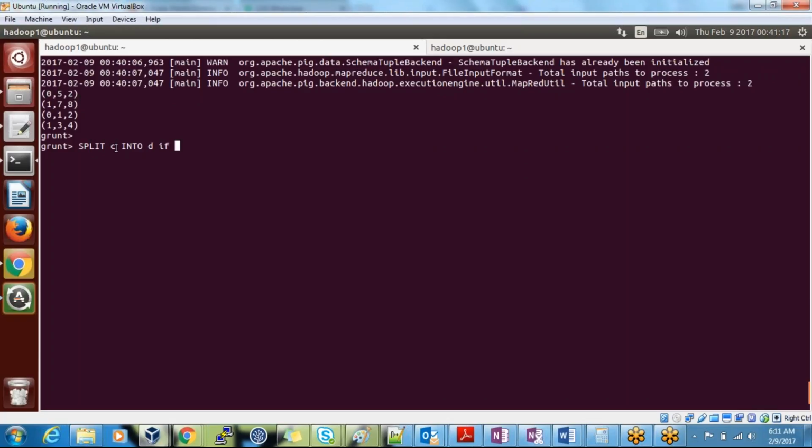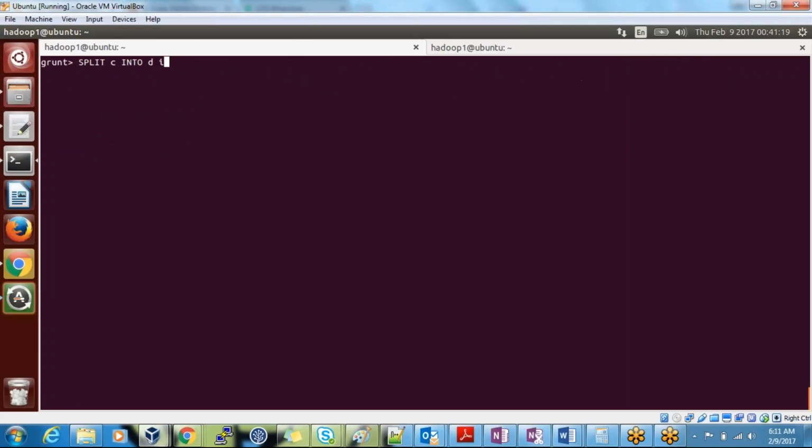I'm splitting C into D. I have to specify positions based on some condition.